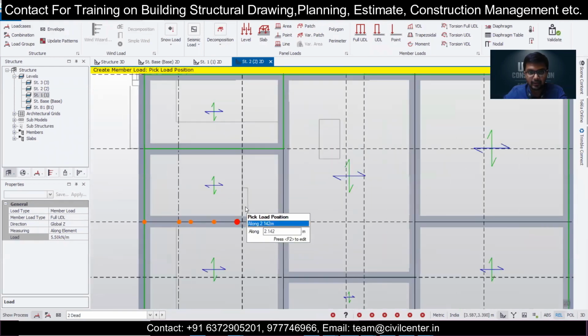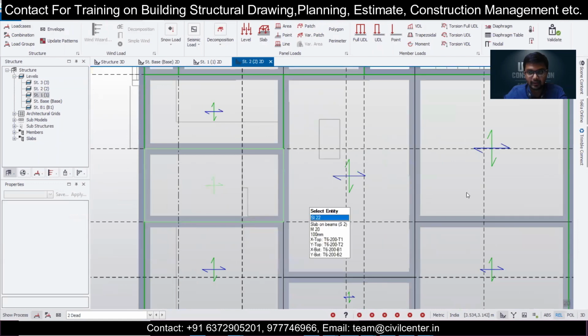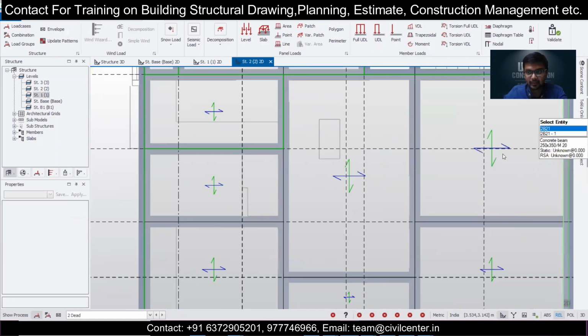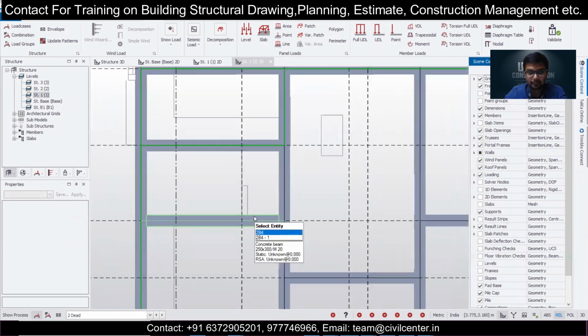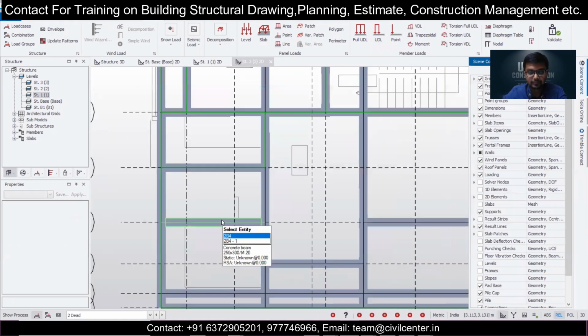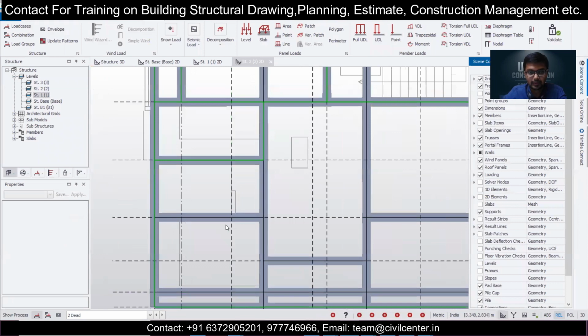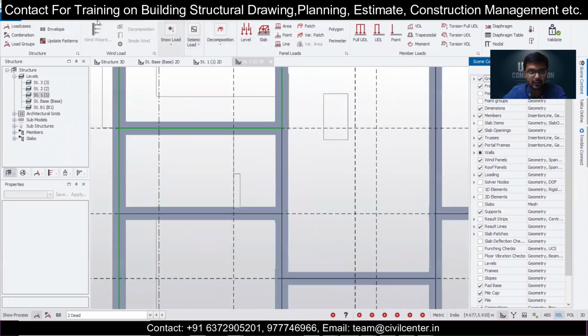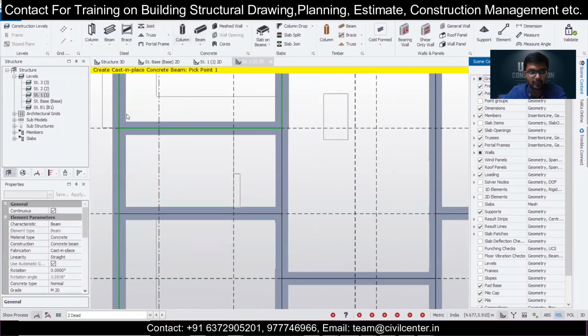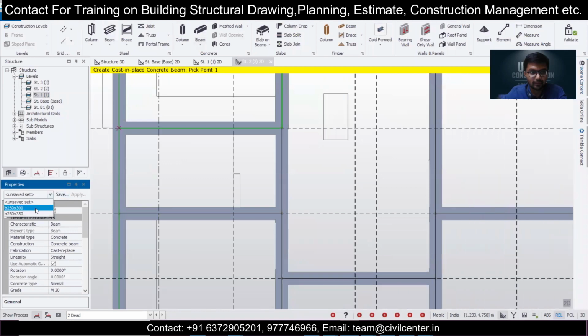Okay, let's just select escape and go to scene content and then turn off the slab items. And then what we can do is, let's go to model and try to put the beams here. Take a beam of 250 into 300, and let's see if we can find the center.